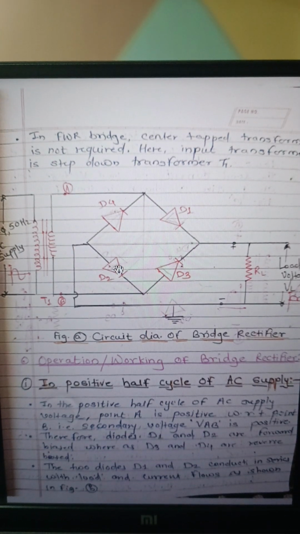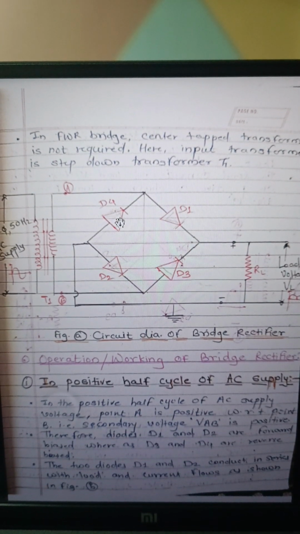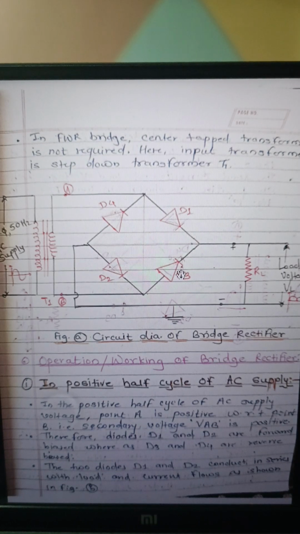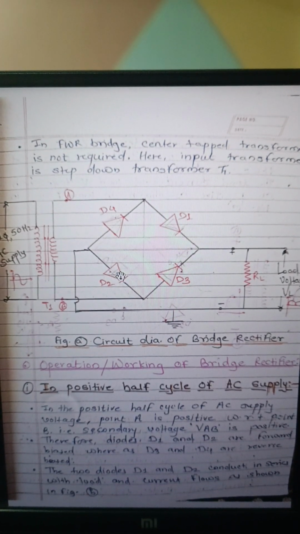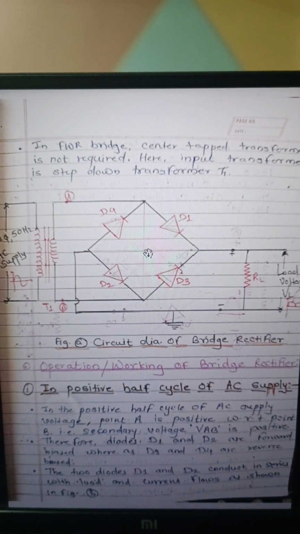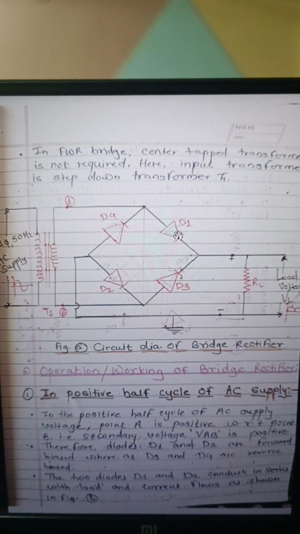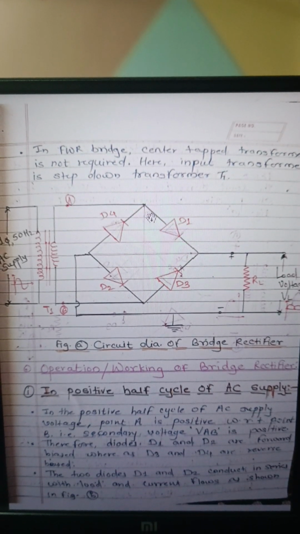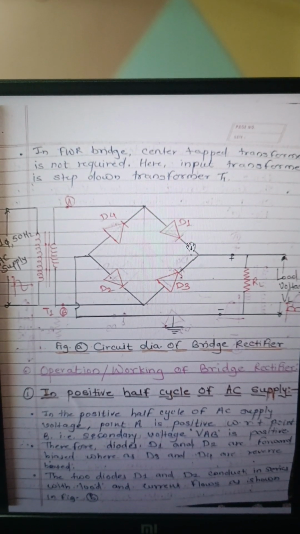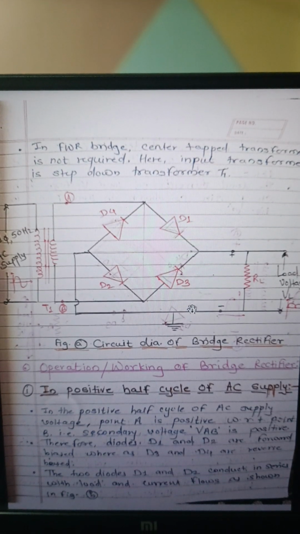Simultaneously diode D3 and D4 are in the reverse bias mode, means they stop conducting. So as diode D1 and D2 start conducting, current flows through diode D1 and D2 only. So current flows from point A, diode D1, then RL, then D2 and then B,